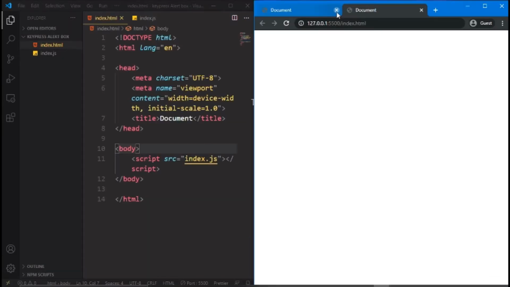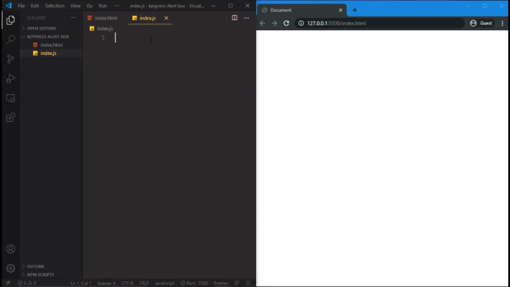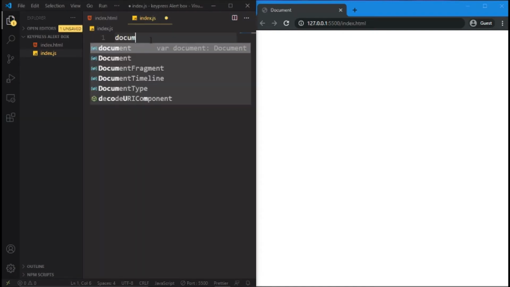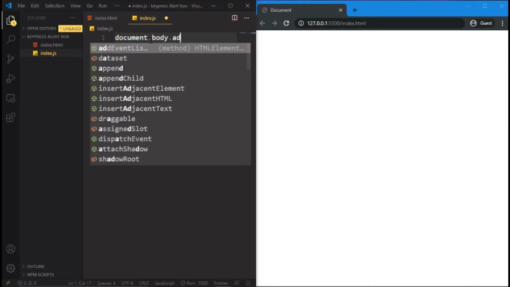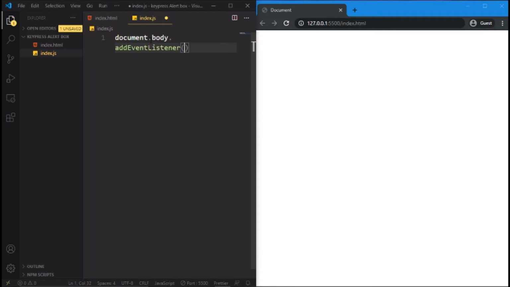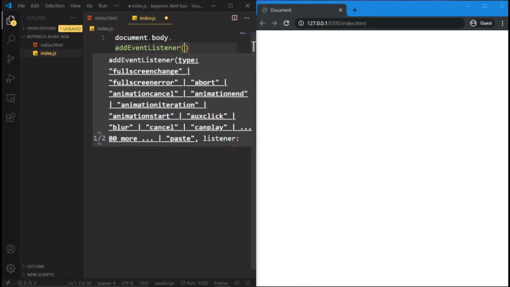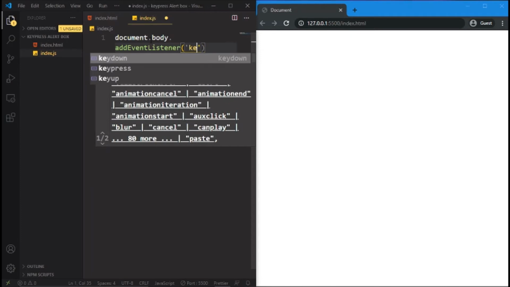Yeah, here it is, the document. And now in the index.js file we are going to type a function which will give us the alert on which key we pressed. So let's begin. First of all we must select the document dot body dot add event listener, and the event will be key press,